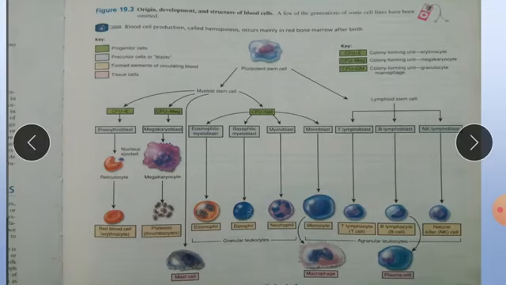Thrombopoietin, also called TPO, is the hormone produced by the liver that stimulates the formation of platelets. This thrombopoietin is responsible for stimulating the production of platelets from megakaryocytes, and several different cytokines regulate the development of different